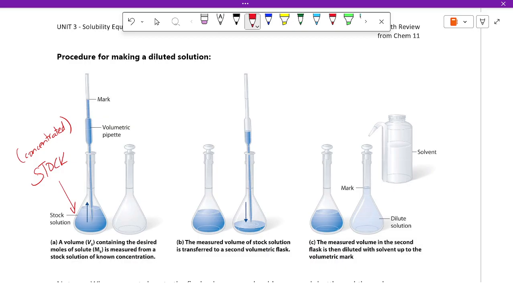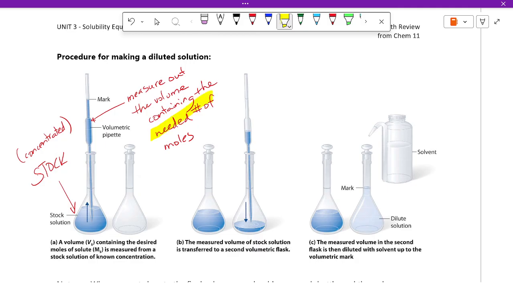We would measure out the volume containing the moles we need, so measure out the volume containing the needed number of moles, and deliver the needed number of moles